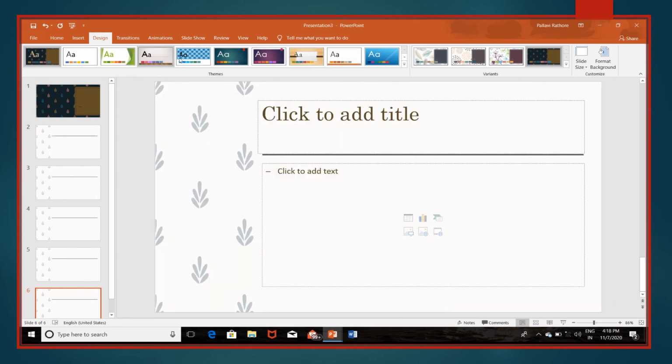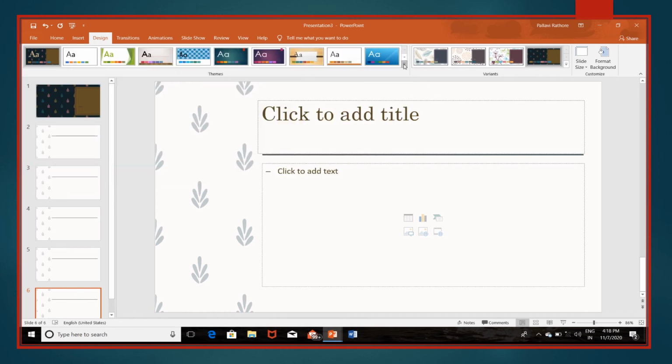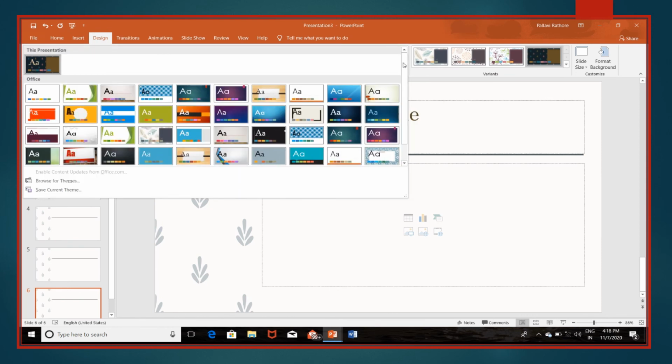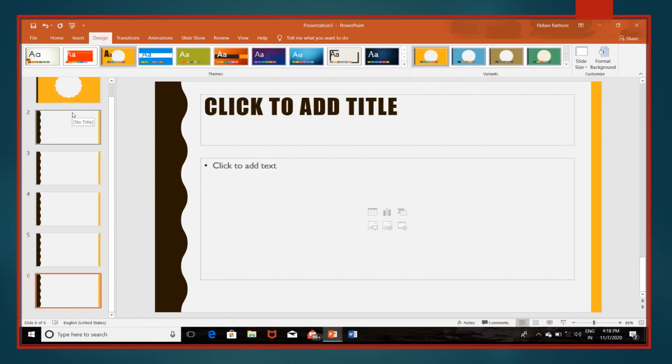We will click on the theme that we want, and if we wish to see more themes available, we will click on the drop down arrow. After clicking on the drop down arrow, we can see the different types of themes available in PowerPoint.